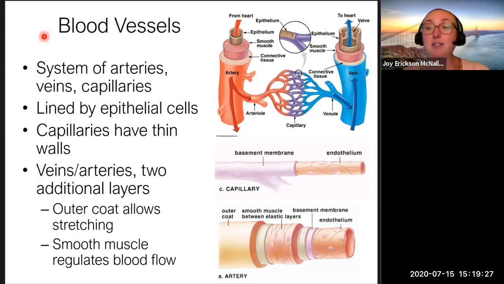All blood vessels are lined with tightly packed endothelial cells. Epithelial cells are sort of the generic term for cells that form the various inner and outer surfaces of your body. So your skin has epithelial cells, your blood vessels have epithelial cells, your organs like your intestines, I think we talked about epithelial cells in digestion and in nutrient absorption in the last lecture.